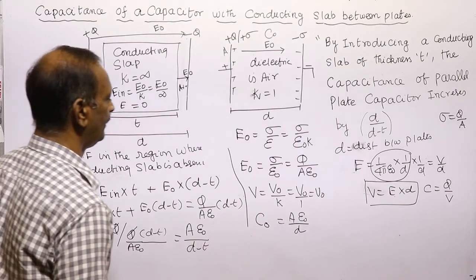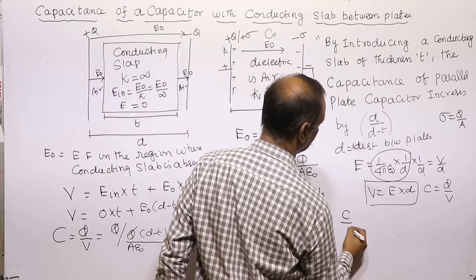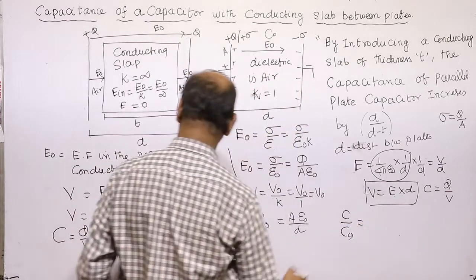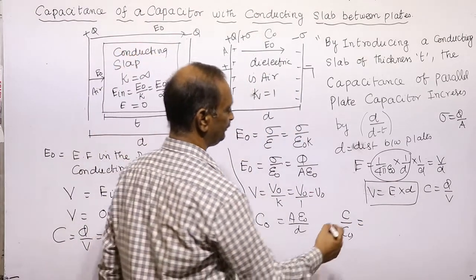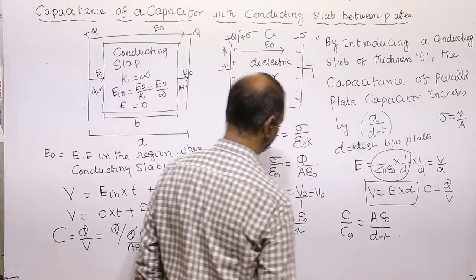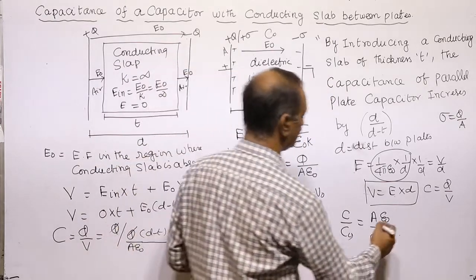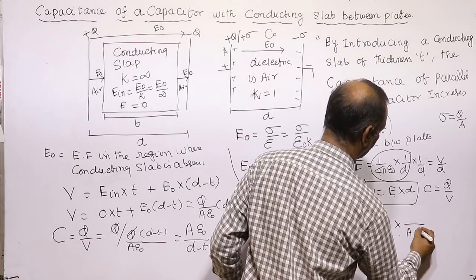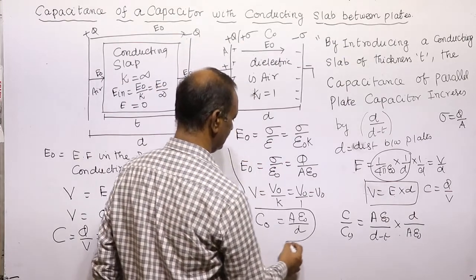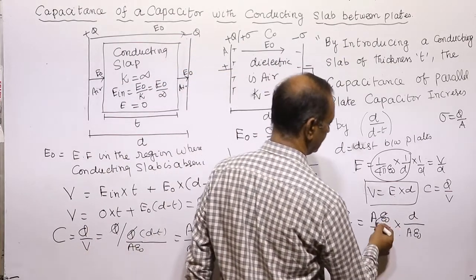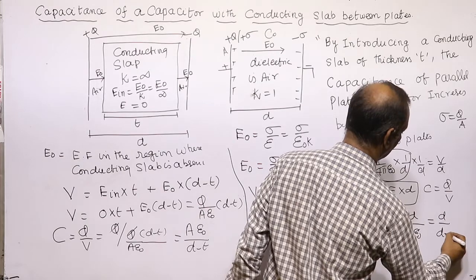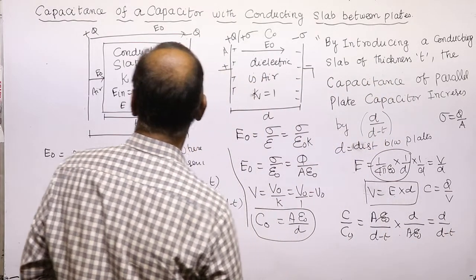Now let us find C by C naught. C is for this one, C naught is for this one. C is equal to A into epsilon naught divided by D minus T, and C naught is equal to A into epsilon naught divided by D. If you put this, A epsilon naught and A epsilon naught get cancelled, so it is D by D minus T. It means we can say C by C naught